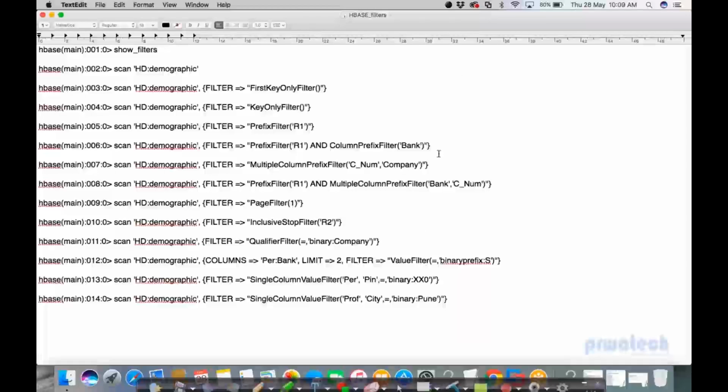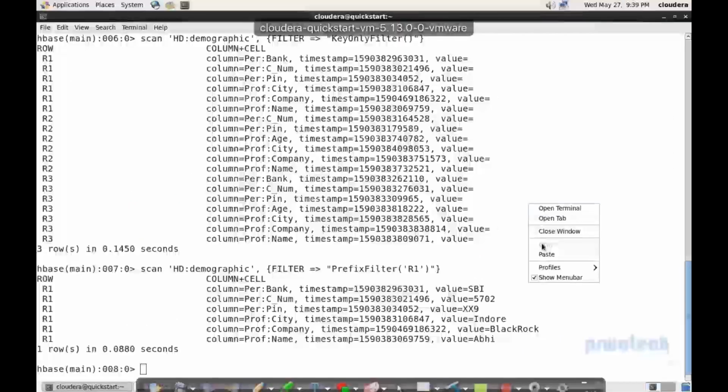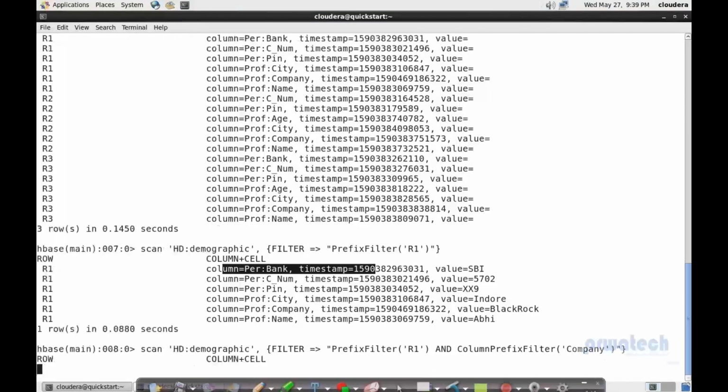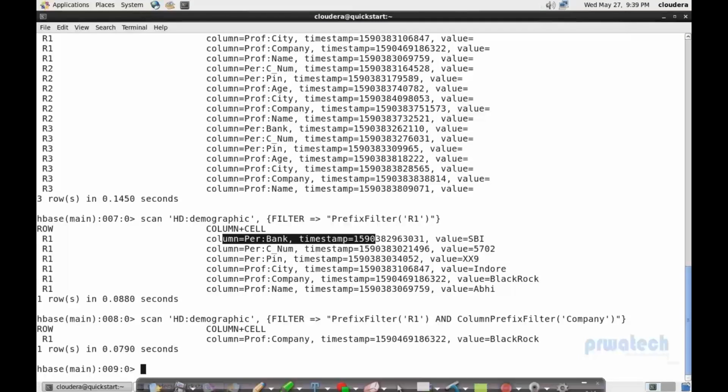Then with the PrefixFilter, I also want to see some column. So in the PrefixFilter, I want to see R1, but from R1 I don't want all the results. I want to check only the bank result. Or maybe I can change this to anything else. I want to see the company name. If I enter, it will give me that company name only. So this is one row key and one column